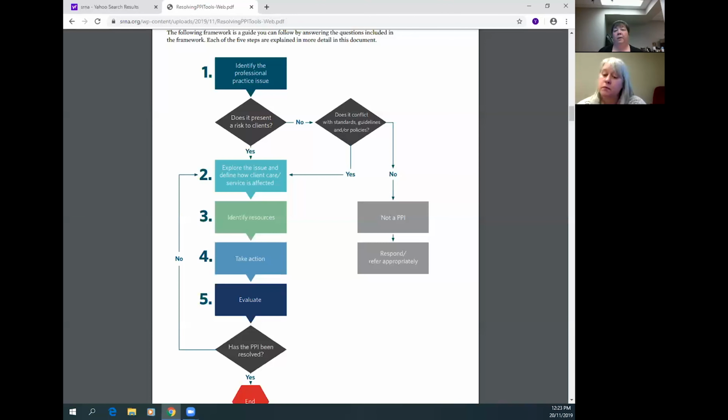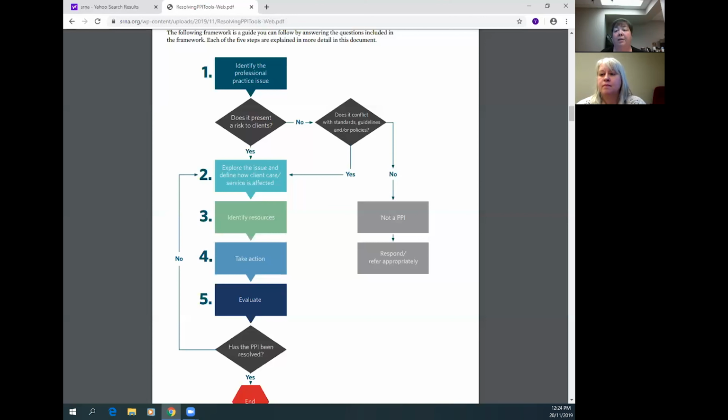And we acknowledge that we've laid out a pretty clean process. It looks like you should be able to go from 1 to 5 pretty straightforward, and we know that that's not the case, that it is bumpy along the way. It takes a lot of persistence to do the right thing and address these issues. As registered nurses, we are positioned very well to be the person to take that forward. We are leaders in the workplace, and it is our standards,